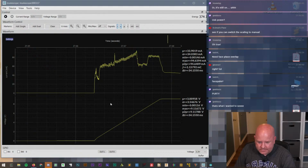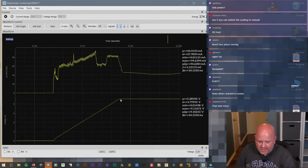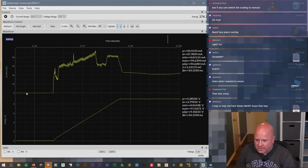Oh, check that out. So we see almost like a Miller effect kind of thing, right? So the voltage ramps up nice and clean, or relatively clean. And then current comes up, kind of dips for a little bit. So I wonder, let's see, what are we doing? We're powering 9 volts going into the regulator. So I'll bet what's going on here is the regulator starts to turn on, and then it probably